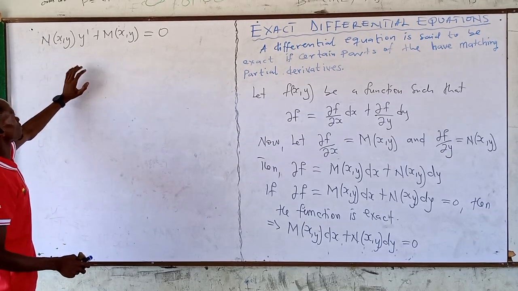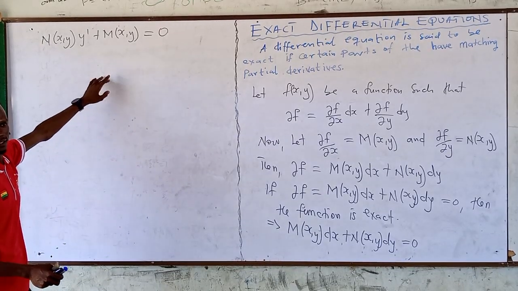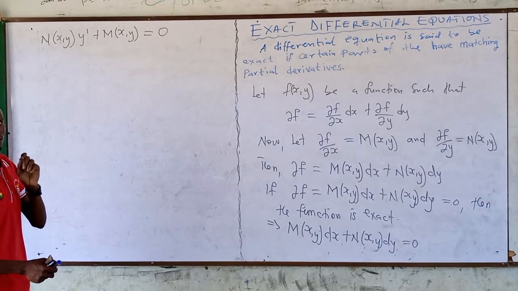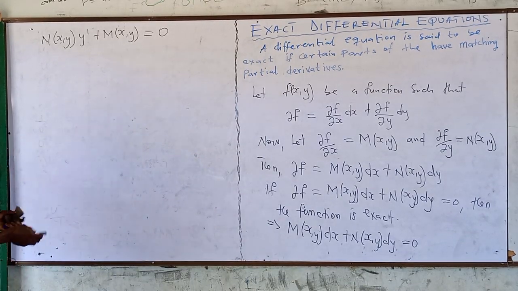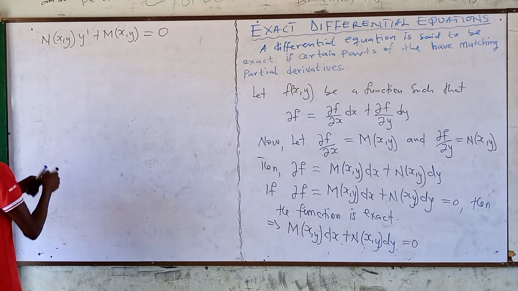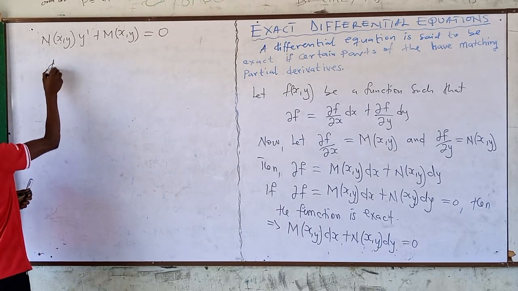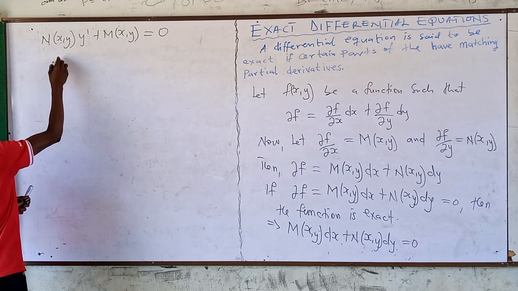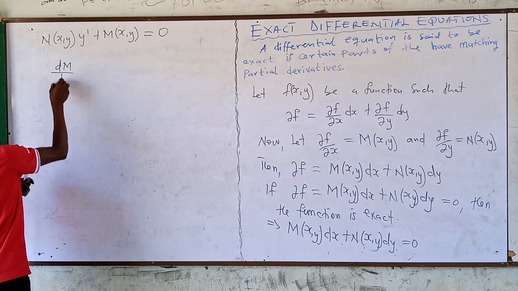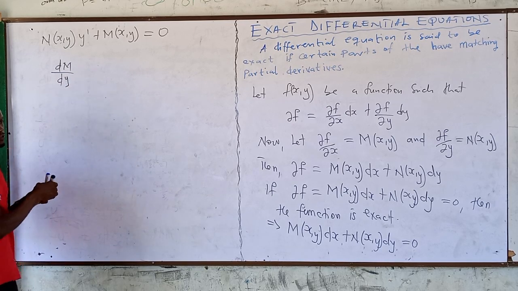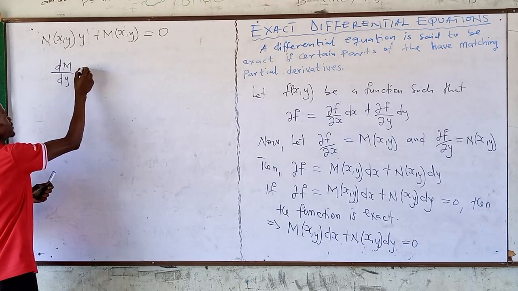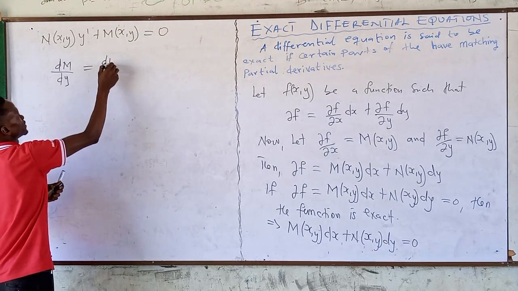So this is the general form of the exact differential equation. Now the equation will be exact on the condition that we have the partial derivative of M with respect to y. So differentiating M with respect to y, it is equal to differentiating N